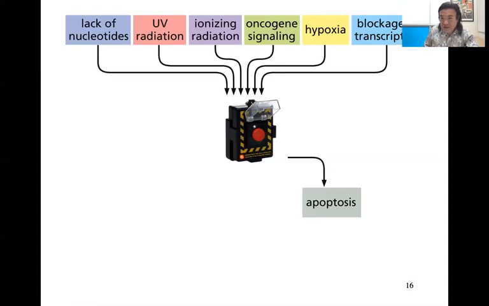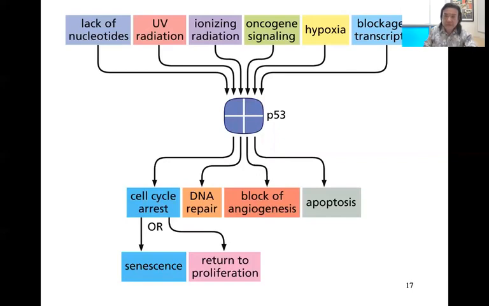Right? Changes in metabolic status, like if suddenly it's a hypoxic condition and the cell cannot do its normal cellular respiration, then maybe it shouldn't bother finishing the cell cycle. And other things might just block transcription, right? So as genes necessary for completing mitosis are being transcribed, what if something gets in the way? In those cases, maybe the cell simply cannot deal and it has to push the button, right, and undergo apoptosis. So p53 is the button, right?